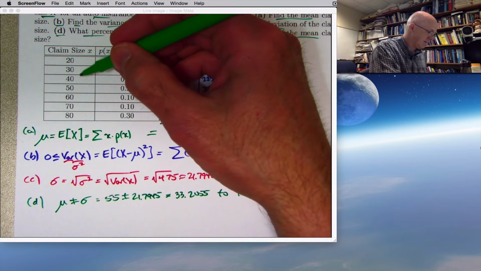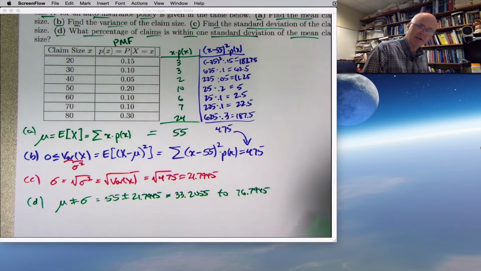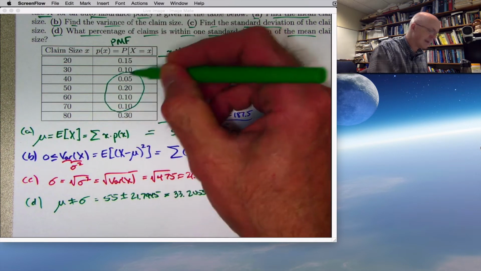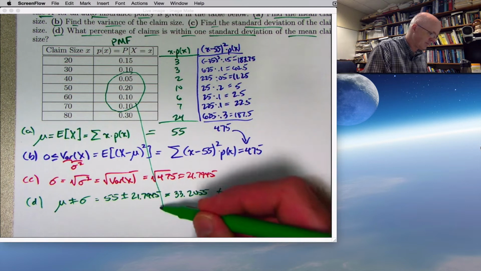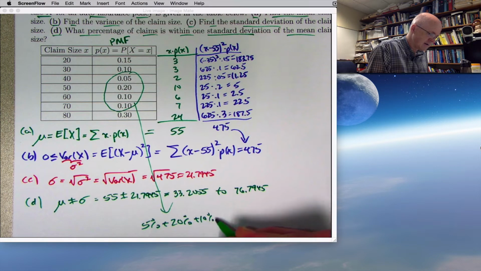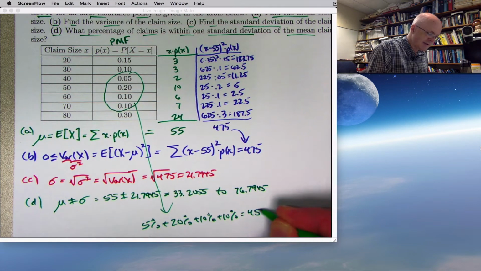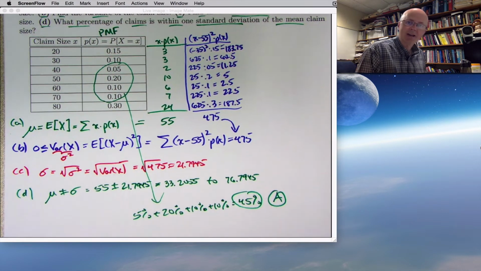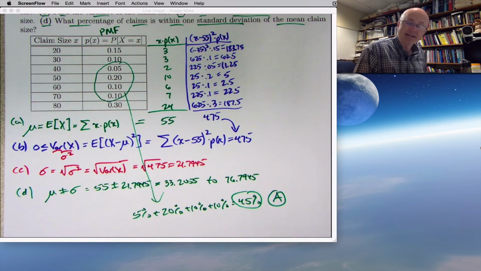What percentage of the claim size values are between these two numbers? Meaning they are 40, 50, 60, or 70 are the ones that are between those. You've got to add up these percentages to get the answer to part D. 5% plus 20% plus 10% plus 10% is 45%. That is the answer. That turns out to be choice A on the sample exam, and it is less than